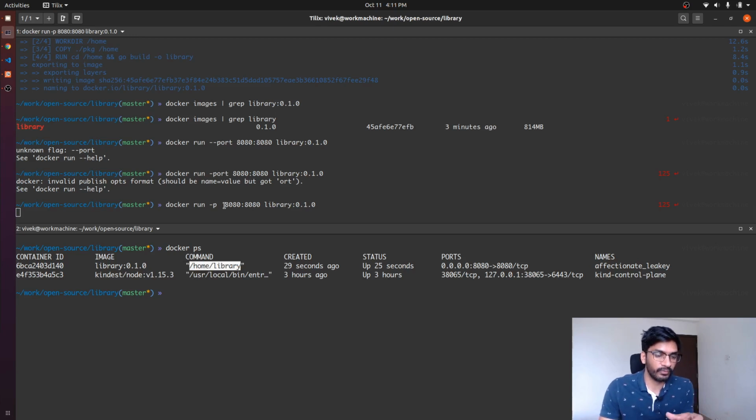Since this application is running in a container, to make a request to that application, we will have to forward the request from localhost to that container, right? So this just specifies that forward localhost port 8080 to container port 8080.